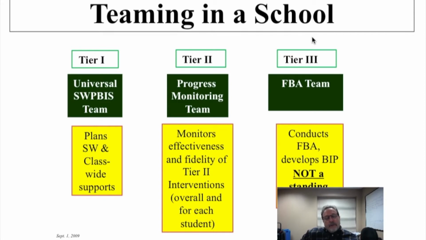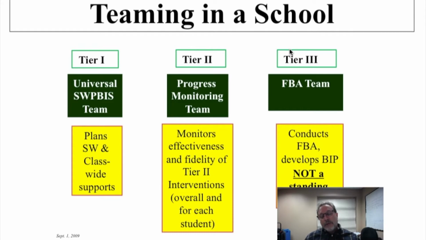And again, through whatever tools that you've determined to use, or things that you want to measure. Mentioned before, office discipline referrals, attendance, or results from surveys that would probably be given less frequently, but to look more deeply at different externalizing and internalizing behaviors, taking that information and then determining which students might need more. And then at tier 2, you need to have someone that can be monitoring progress of the students that are in those interventions, reviewing that and looking at the effectiveness of those.